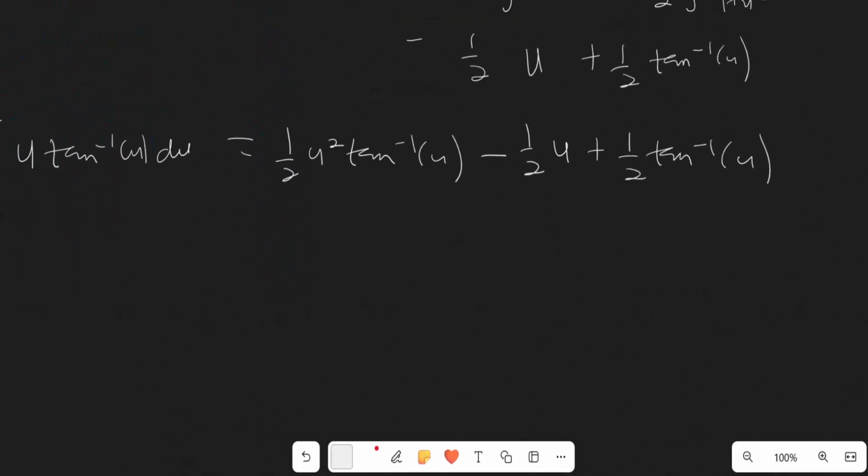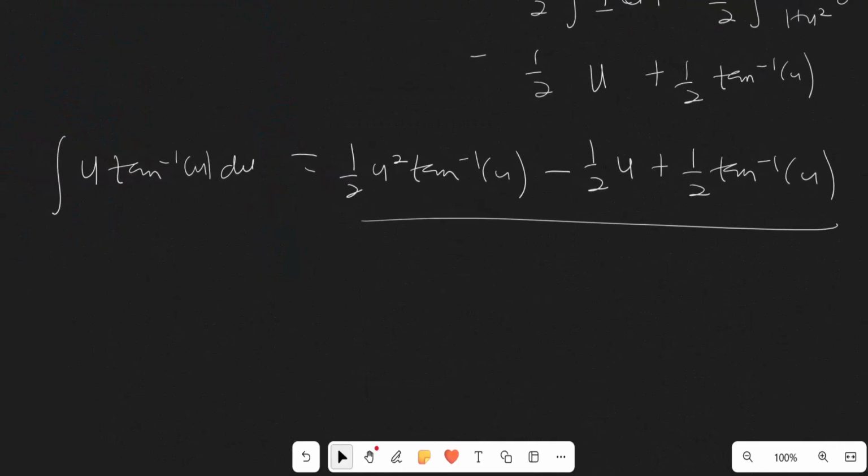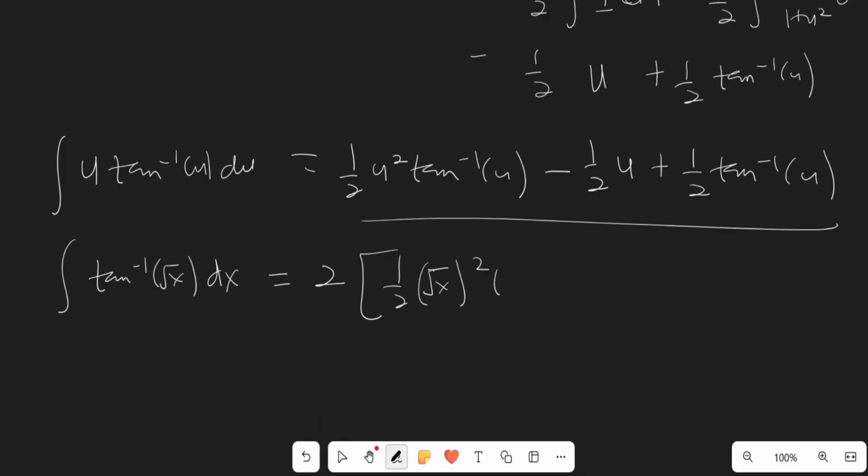So the integral of the tan inverse of the square root of x dx is going to be, multiply this by 2 and change u to the square root of x: the square root of x squared tan inverse of the square root of x